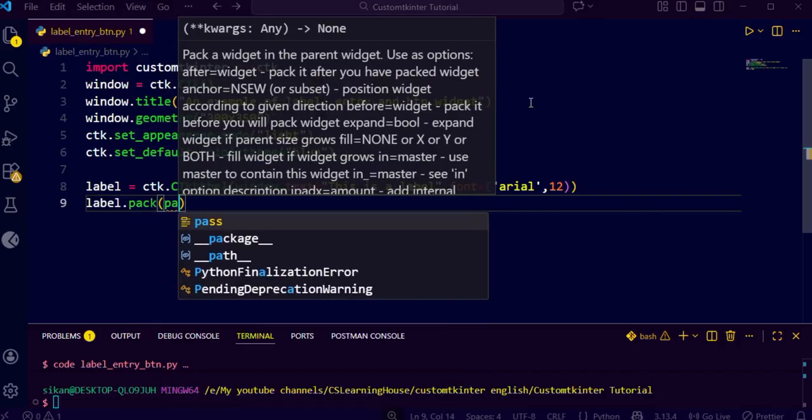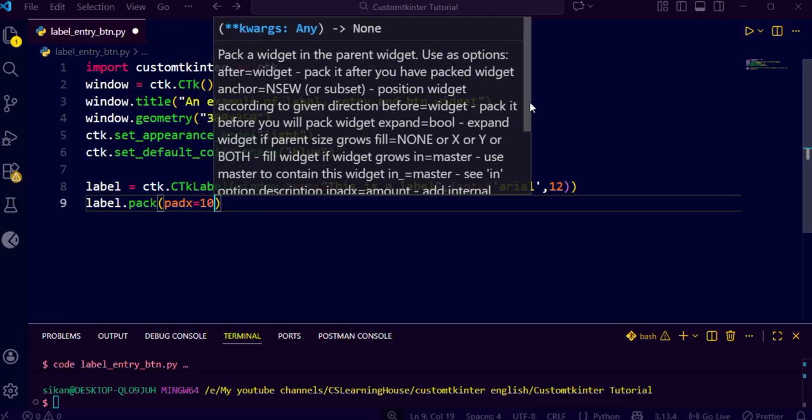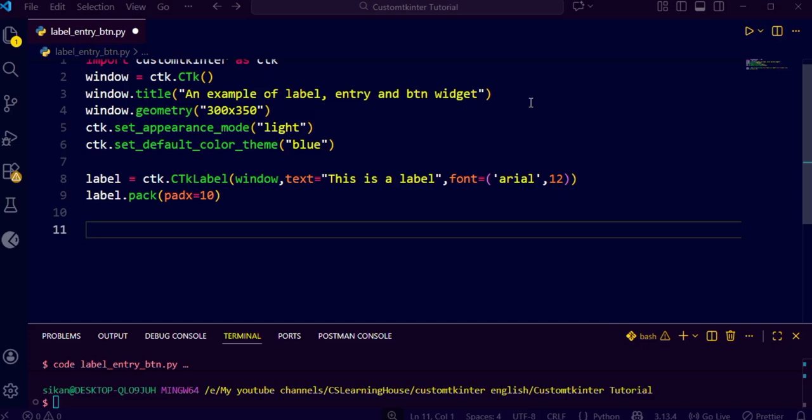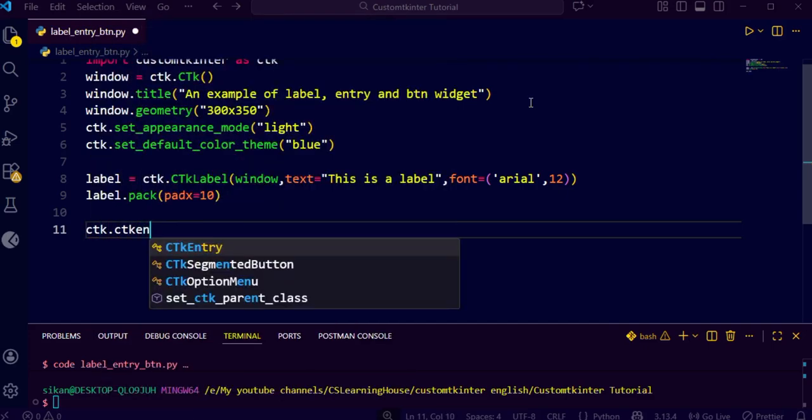and providing some spacing. We can also use grid to place the label on the window, but in this tutorial we will use pack. Now let's create an entry widget using the command ctk.CTkEntry,